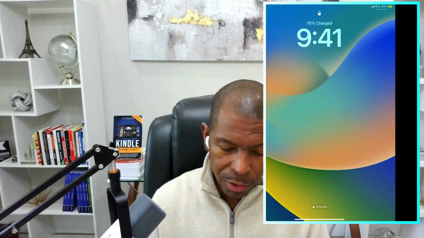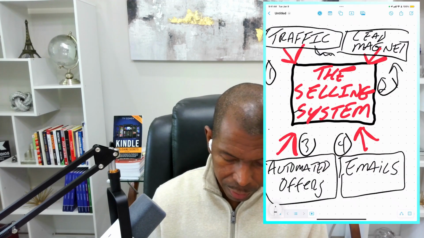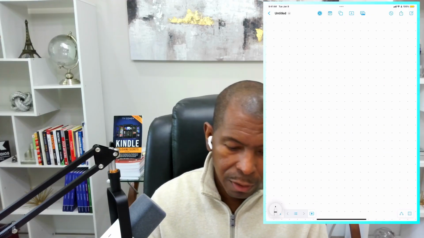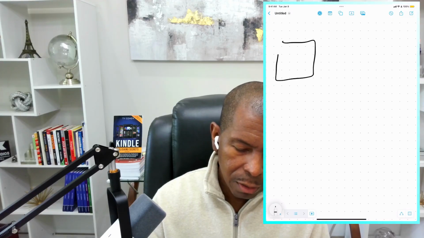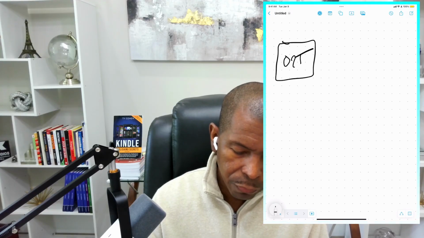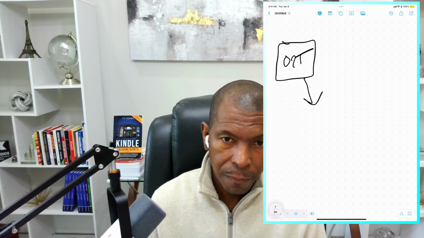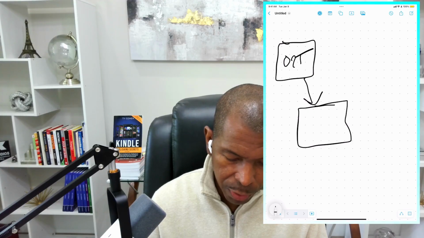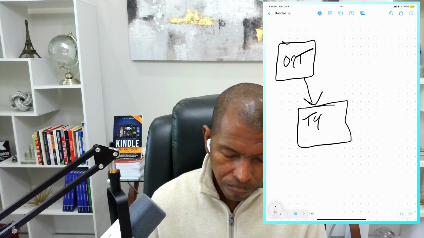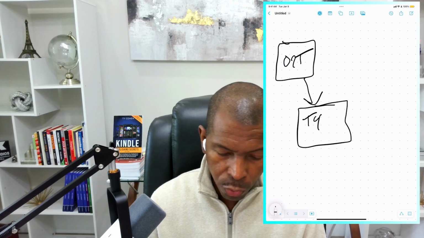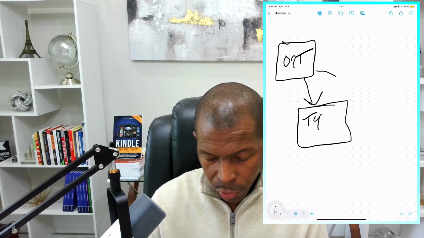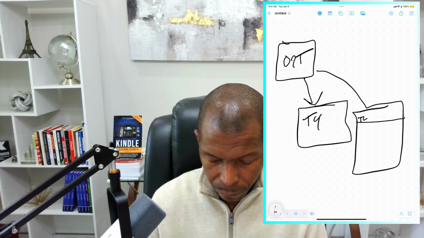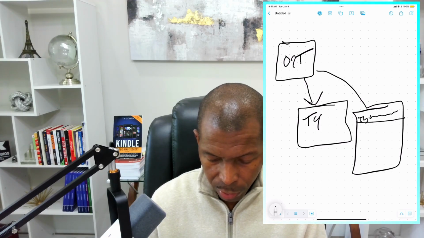So the Evergreen funnel has 3 pages to it. So this Evergreen funnel has 3 pages, right? It's got the opt-in, and this is where you're asking for the name and email address. It captures the subscriber. Then you're going to have either your thank you page or your sales page. So you could say thank you here, check your email, right? Or what I do is I still send them to my sales page and I put a little note up here that says thank you. Check your email in a few minutes.